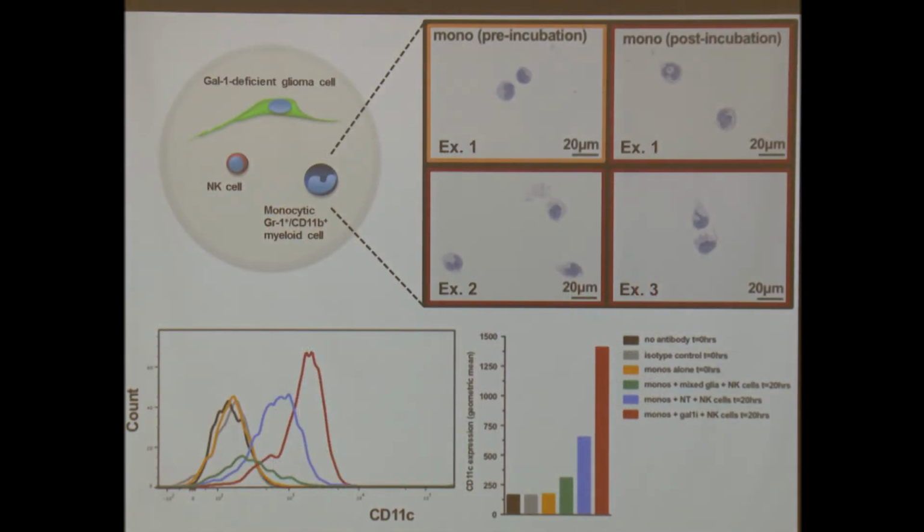And this is a summary slide of many weeks' worth of in vitro analysis. Suffice to say that what we found from this series of analysis is that when you co-culture monocytic, specifically monocytic, not granulocytic myeloid cells, together with natural killer cells and Gowin-deficient glioma cells, the phenotype of those monocytes goes from what I'm showing you here in this orange box, the typical monocyte phenotype on H&E, which has a very scant cytoplasm, kidney bean nucleus,